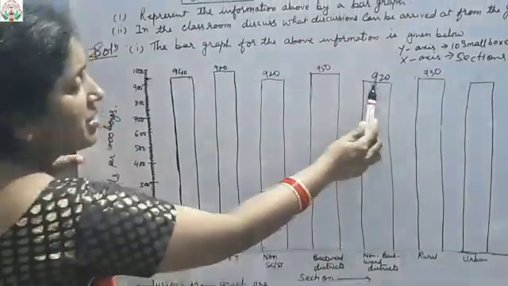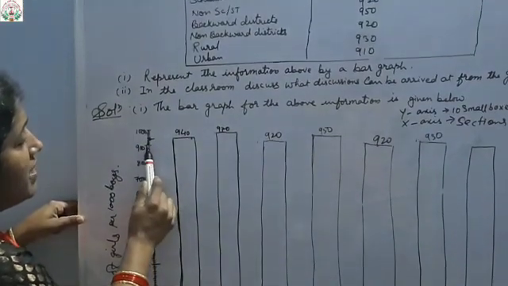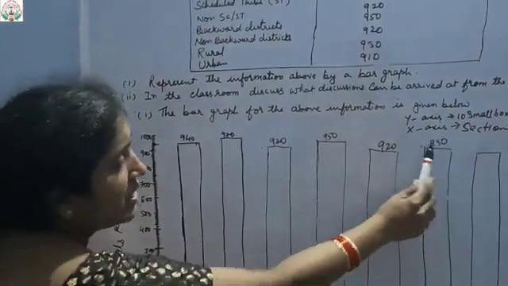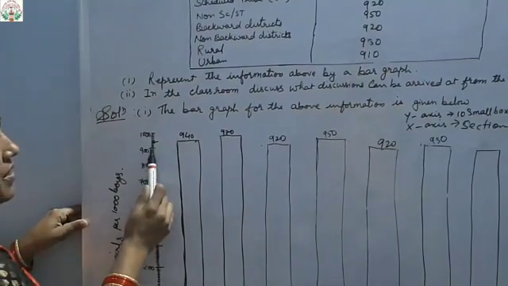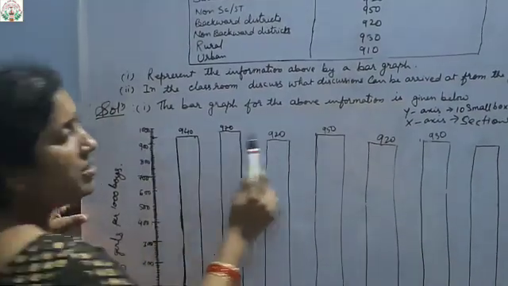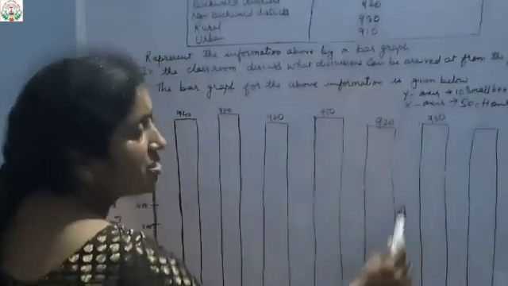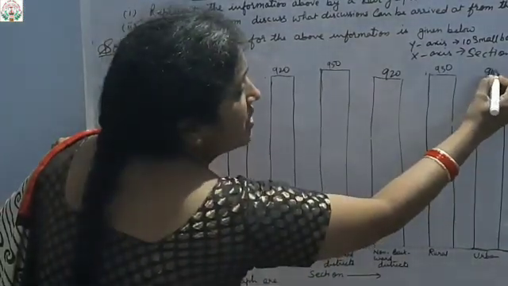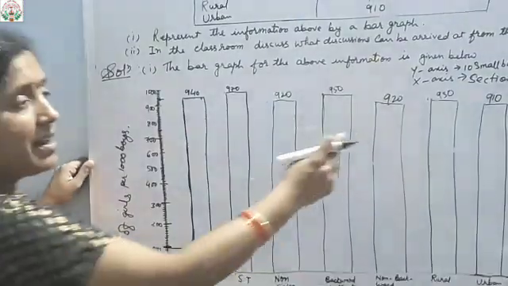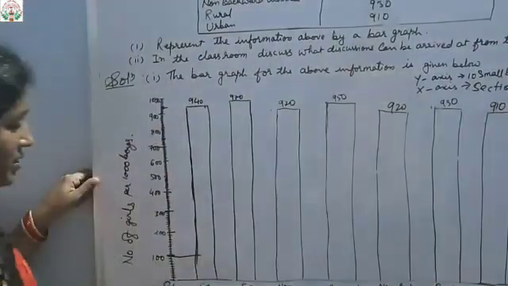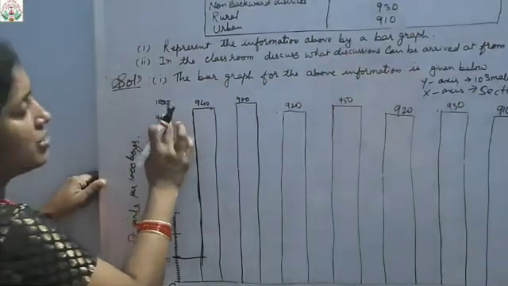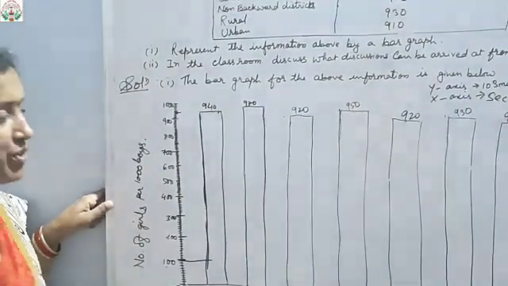Okay, then next 920, same way. After 900, 1, 2. So 2 will be 920. Then draw again 930. So after 900, 1, 2, 3. 3 lines means again see the line and use a scale and pencil for drawing the line. And the last one is 910. In that case, urban one is 900, after that one line is there. So that is 910. Draw a rectangular box for it.